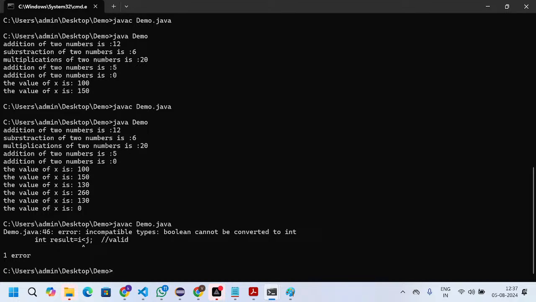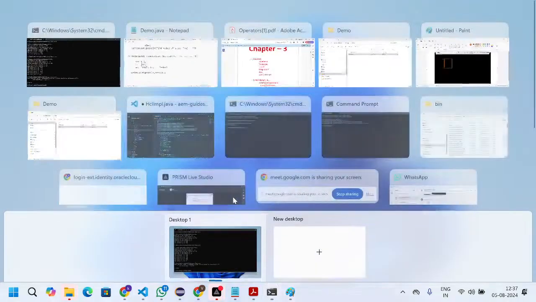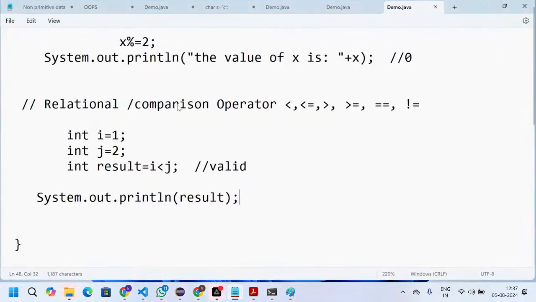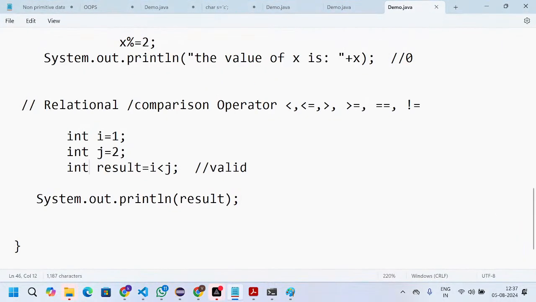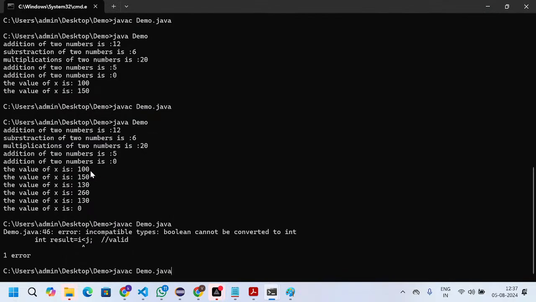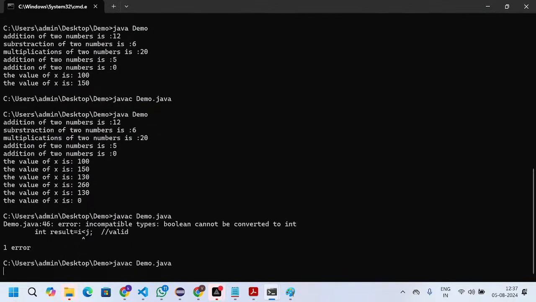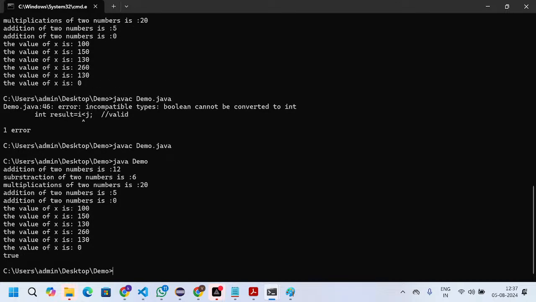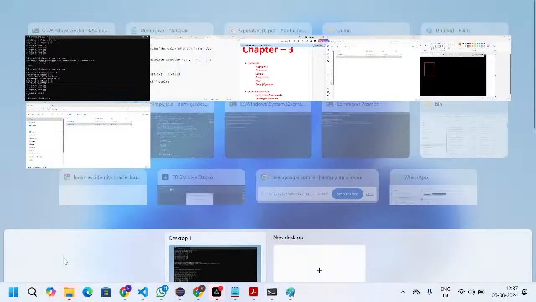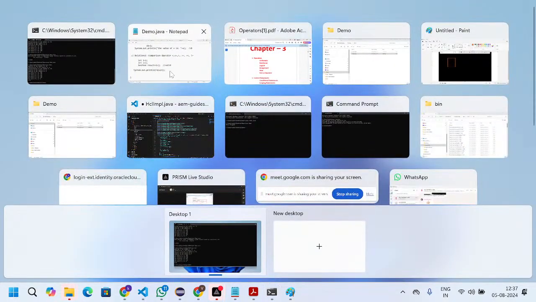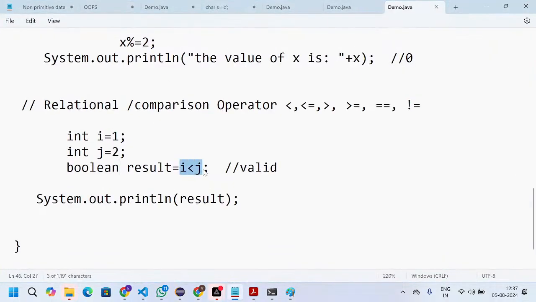We need to mention i less than or equal to j. The data type is boolean, right? Here we need to mention boolean. Save the file, then compile the file. The file has compiled successfully and you are getting true. So instead of writing these two lines, you can directly write the statement like this and you will get the result directly.